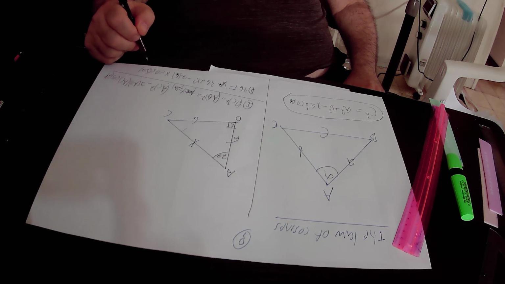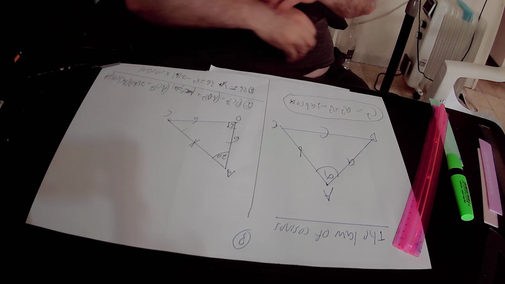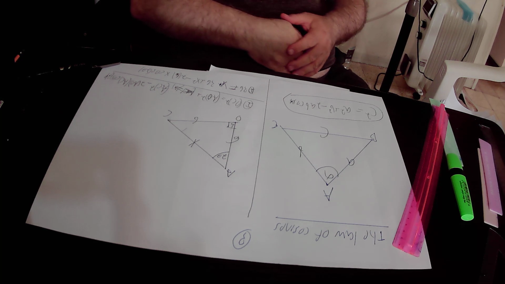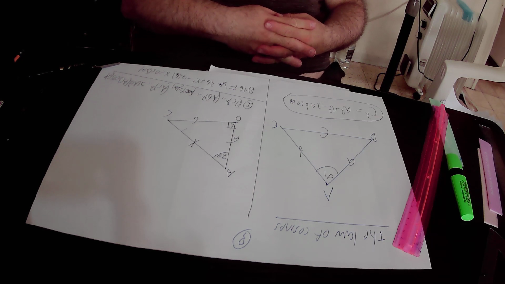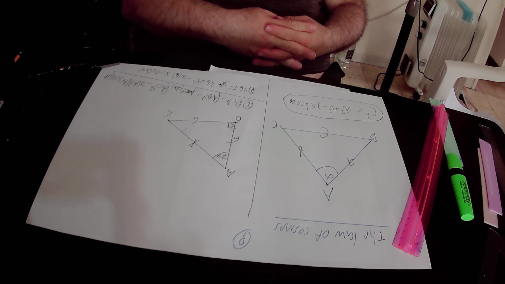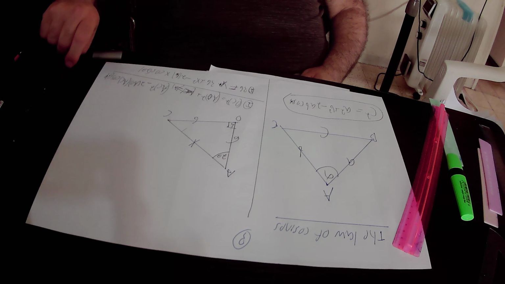So in conclusion, according to equation number 1, we found out that 36 equals 36 plus X squared minus 2 times 6 times X times cosine 2 theta. Okay,